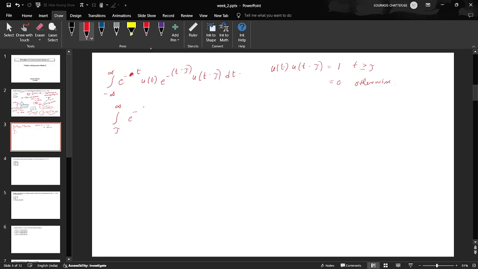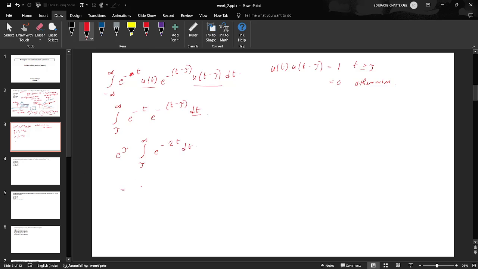So now we have e to the power minus t. Now we can remove these two because the product is going to be 1, and here we have e to the power minus (t minus tau) dt. So see here, tau is greater than 0 we assume, but that is a constant, that denotes what lag we want to consider, and it is constant with respect to the variable t, so you can take that outside. So we'll have e to the power tau outside. Here we have the integral from tau to infinity of e to the power minus 2t dt,